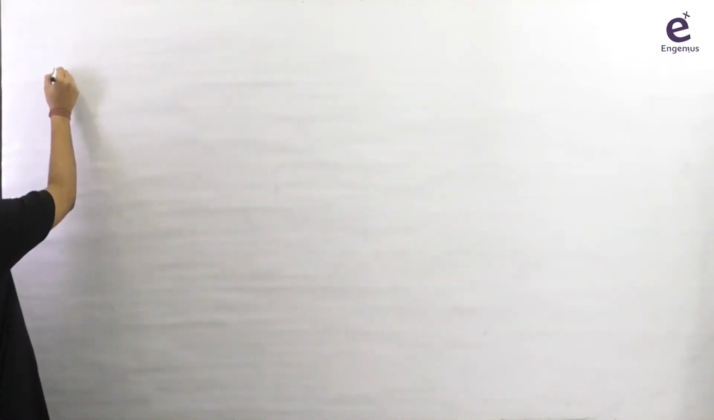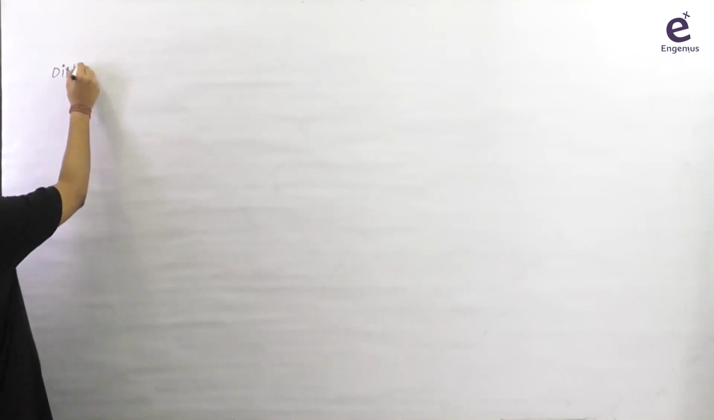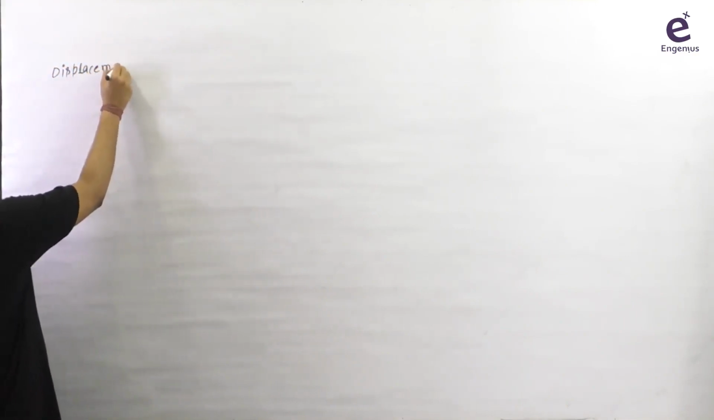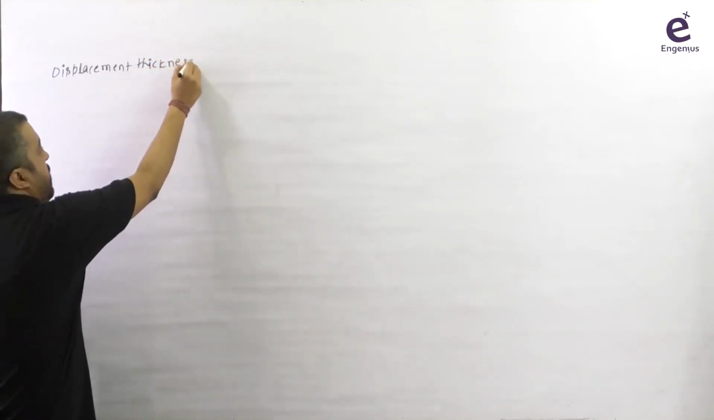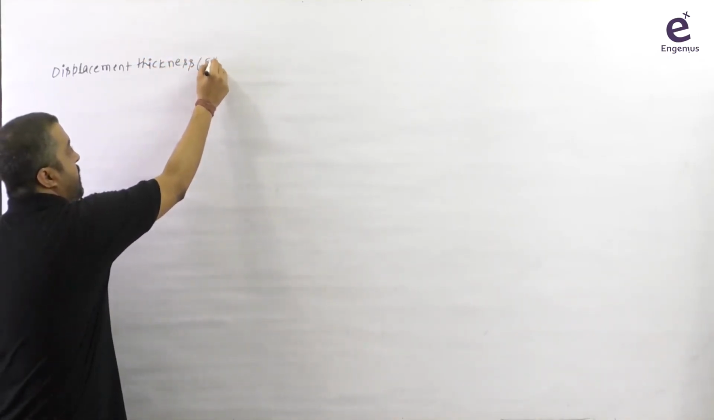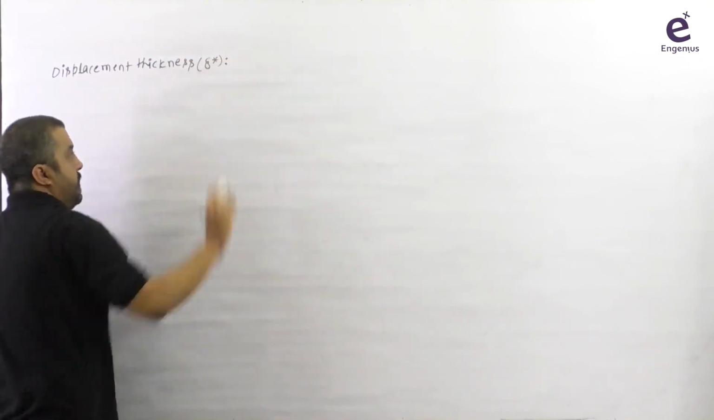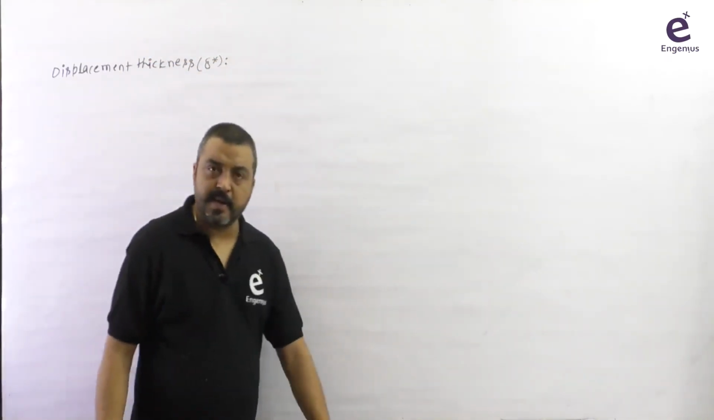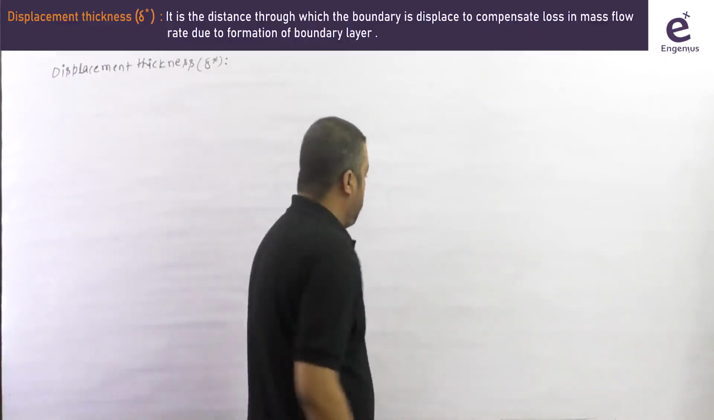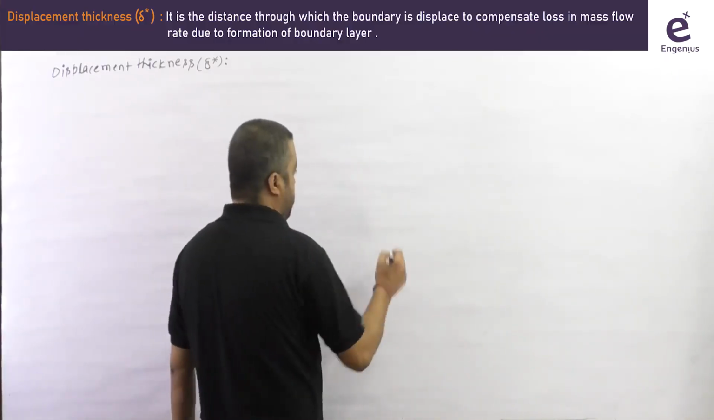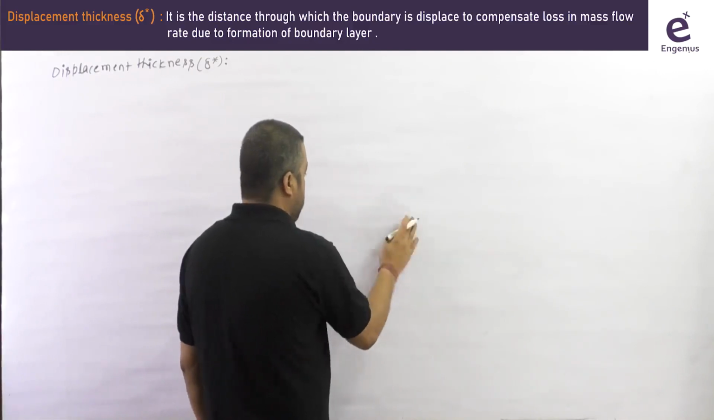You can write here the next one is displacement thickness. We will represent this by delta star. Okay, so we will try to understand this. What is the sense of this term here? To understand this, let's first draw a diagram. Let's suppose there is